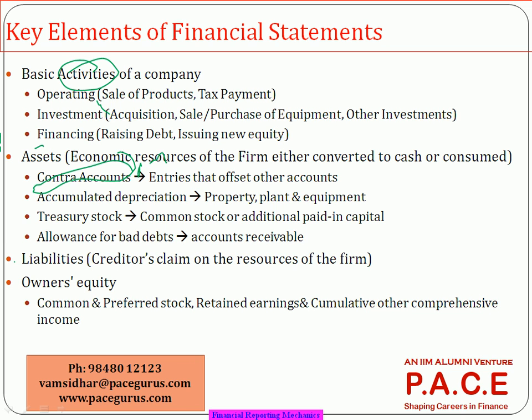I will receive future benefits from that machine, so I can treat it as an asset. When I say benefit, cash or consumption, both are called benefits, right? Whenever I am expecting to receive some benefit from it in future, I call it an asset,